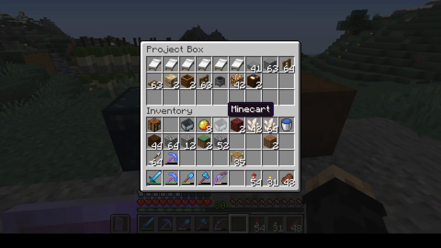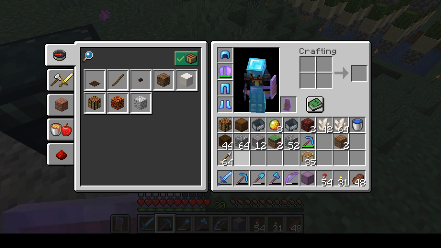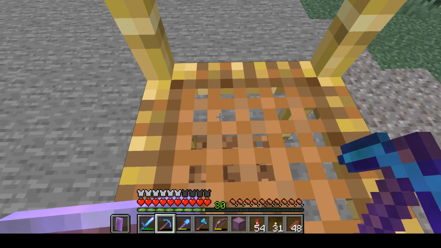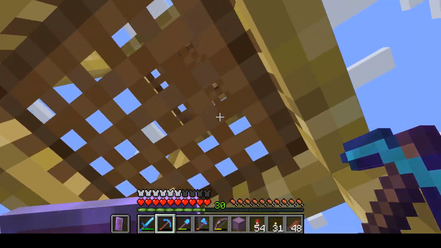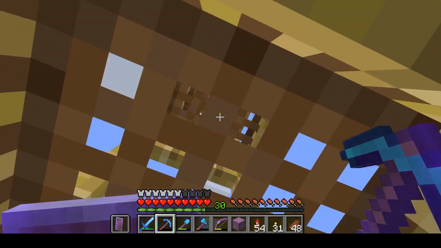Okay, what am I doing? Project box. Let's grab this. You know what? I might grab all of this and just move it up there. I'm going to grab my silk touch pick for you. Awesome. So I'll grab that. Grab some scaffolding, or climb the scaffolding, excuse me. And I'm going to build a little...